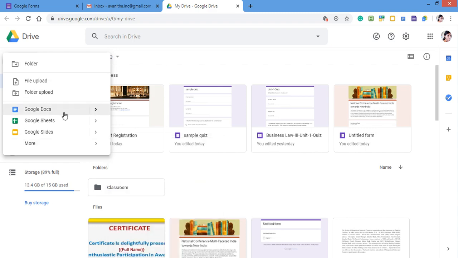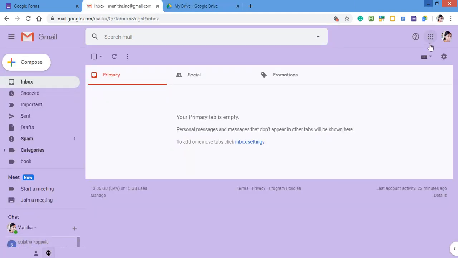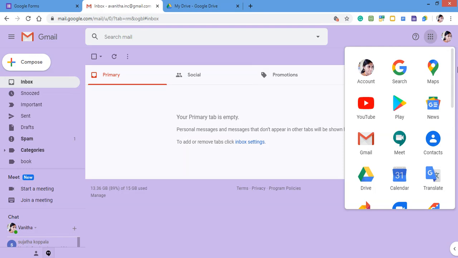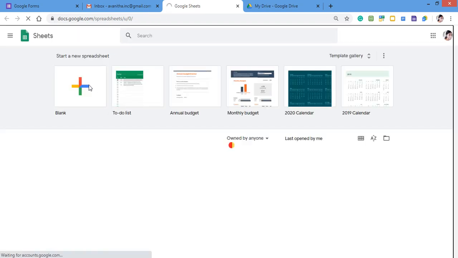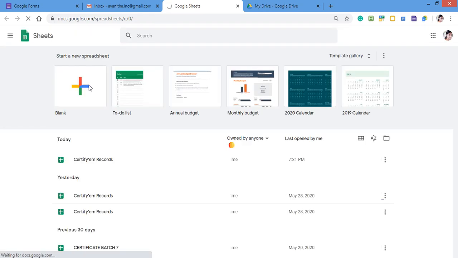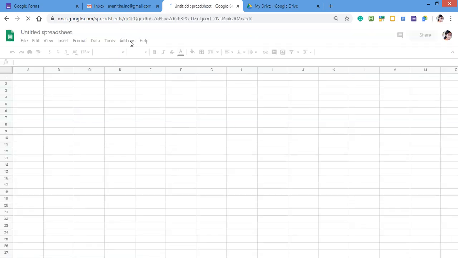The other way is, once you enter into a Gmail account, you can come across Google Sheets, or you can enter with the Google Apps and go with Google Sheets. Once you enter Google Sheets, you can see within the Google Sheet itself the option of Tools.